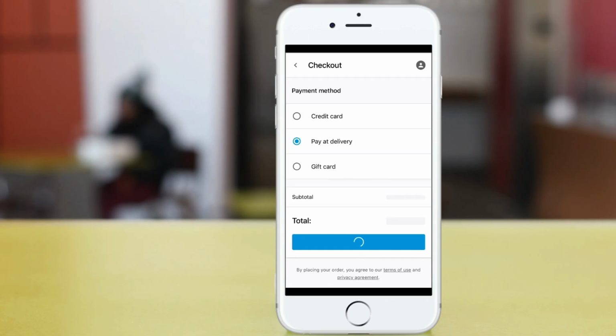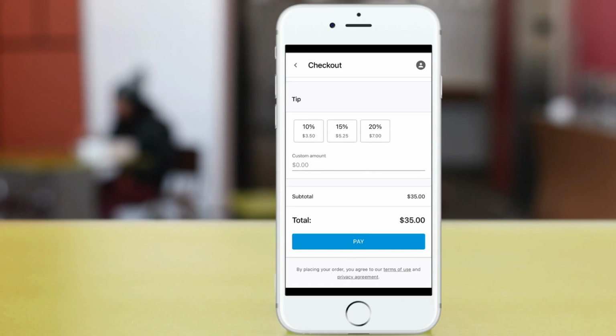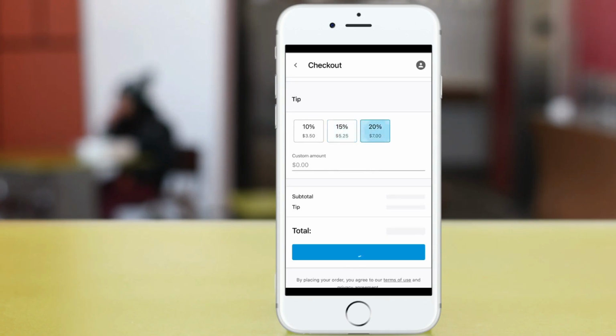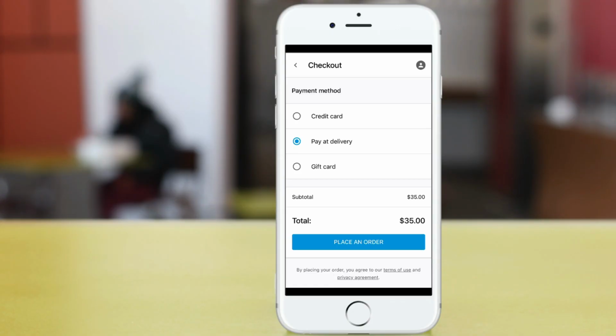Your customer can choose to pay by credit card or to pay in cash when the order is delivered. Revel supports a variety of payment gateways and credit card processors. Customers can choose to leave a credit card tip, and the cart will instantly update with the amount of the tip. Please note, the Pay at Store option is not available for tips.